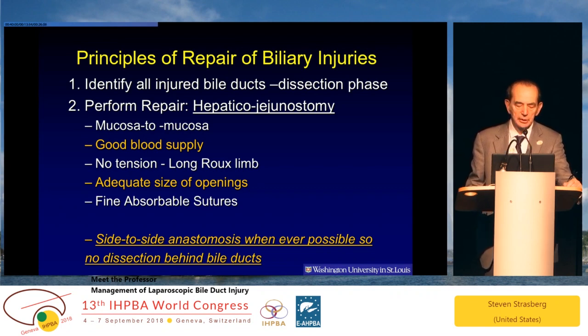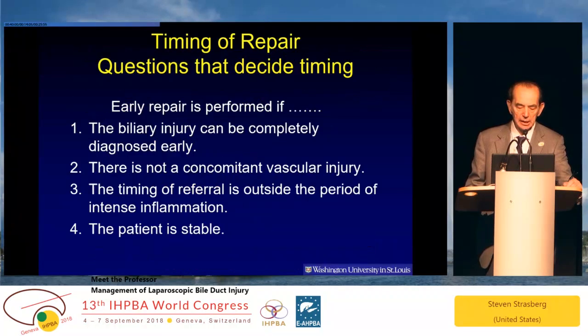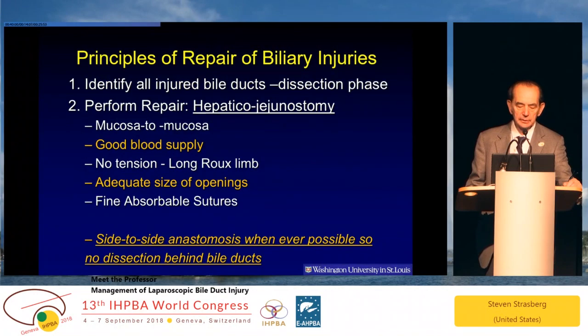And the principles of the repair are mucosa to mucosa repair, good blood supply, no tension, adequate size of opening, and fine absorbable sutures. And we use side-to-side anastomosis whenever possible, because then you don't have to dissect behind the bile ducts. If you open the anterior wall of the bile duct and sew to the anterior wall rather than sewing to the end of the bile duct, then you have less chance of inducing ischemia, because if you want to sew to the end of the bile duct,